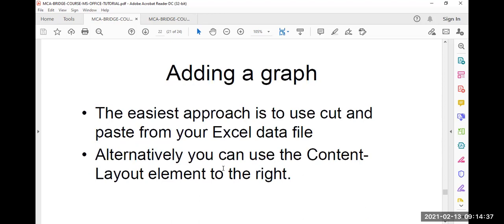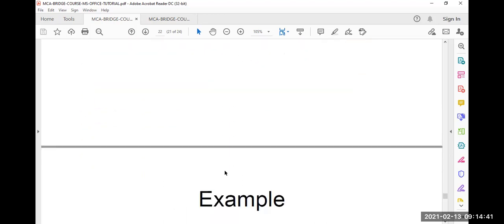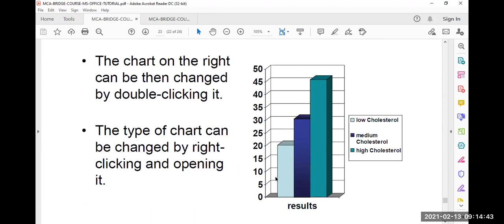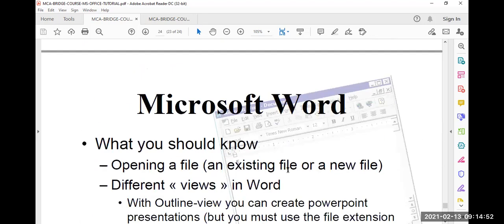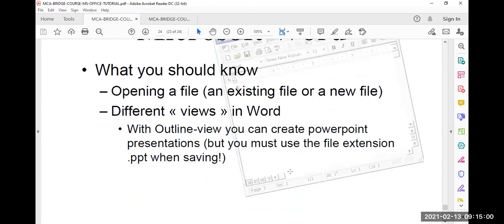We can copy the graph as it is from Excel to PowerPoint, and copy and paste operations are also possible. Like this, a graph can be added to the PowerPoint presentation right from Excel. Then the Microsoft Word, opening a file: all of us know that menus like file, edit, view are there.